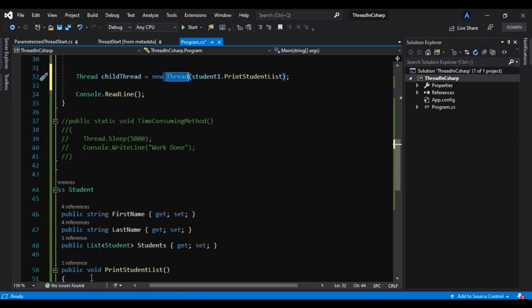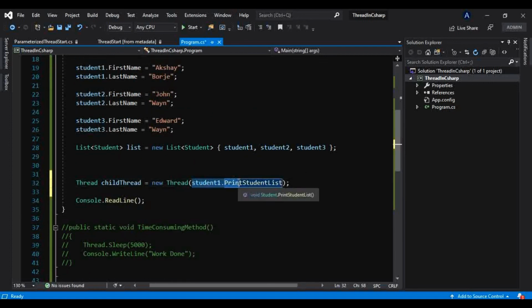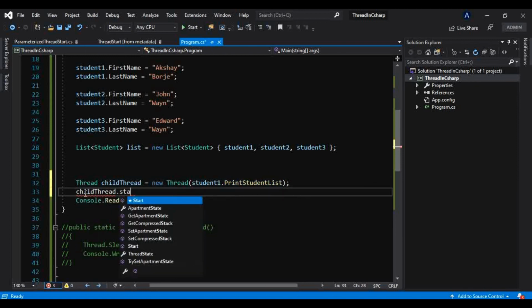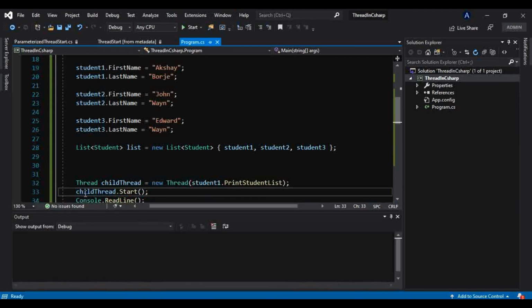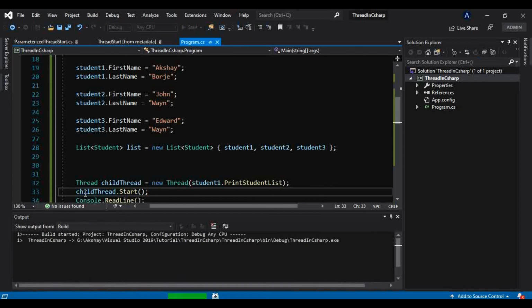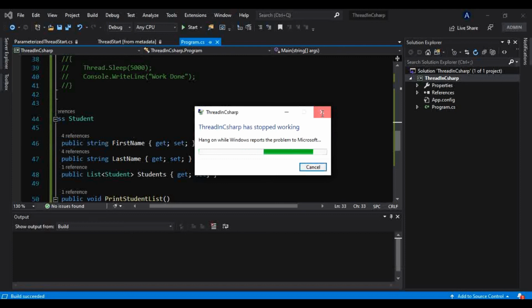So now this also has a void return type, and the ThreadStart delegate also has a return type of void. And now it is good, and we can invoke that child thread something like this, and if I run this, we will get our output, and now this thread is nothing but type safe. And yes, we have to initialize that property, that is the list.